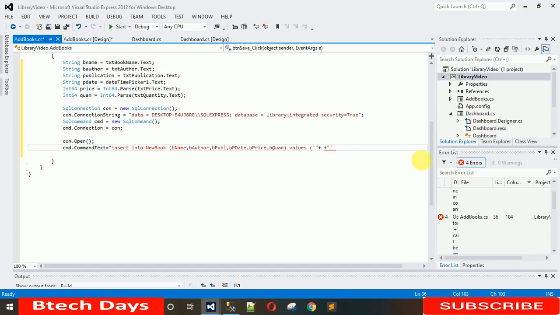So what is the first variable? Bname. When you write, it will automatically pop up. Here you can see this. After that you have to add a comma, and then add the same stuff like this, with the plus signs and, within them, book author. The same way we have to do for the rest, but not for the price and quantity. Okay, so make sure that